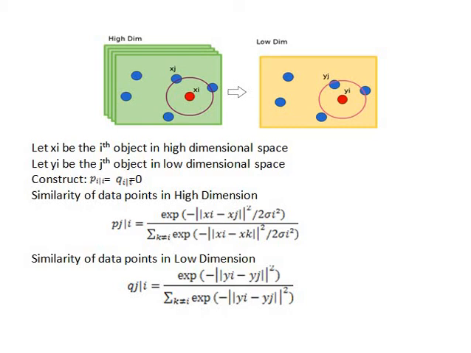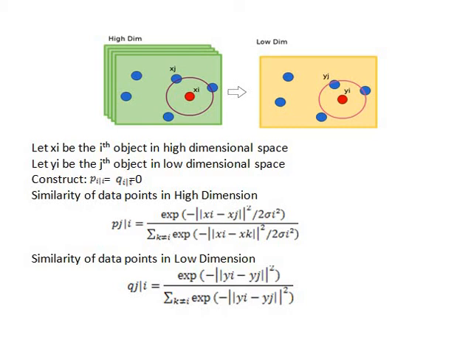First of all, we are going to see what SNE is, that is stochastic neighborhood embedding. t-SNE is nothing but an improvement on SNE, just putting the t-distribution in the low dimension. So first of all, we are going to see SNE. This is the high dimensional dataset, this is the low dimensional dataset, and these are the points: xi is the point in the high dimension and the similar data point in the low dimension is yi.